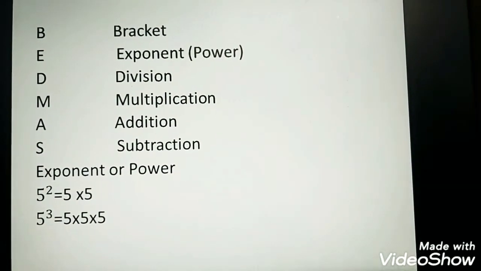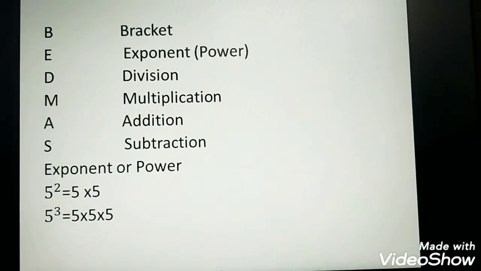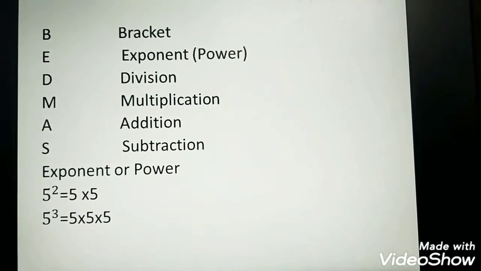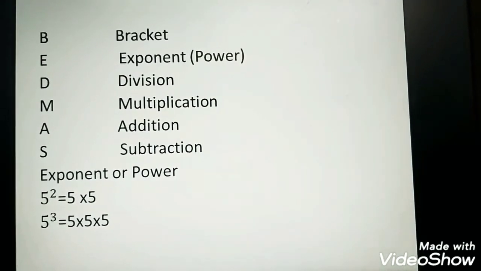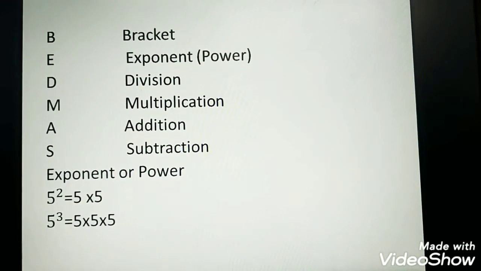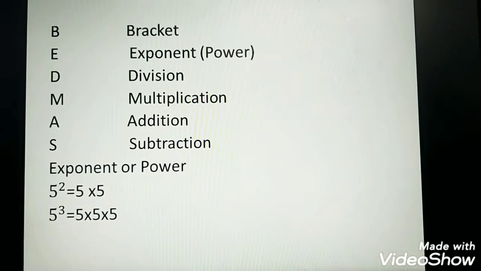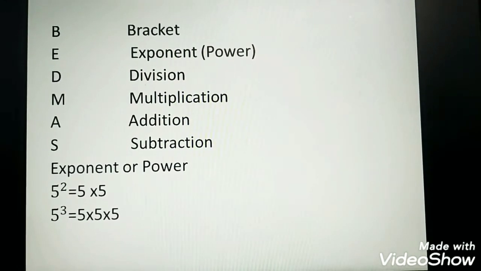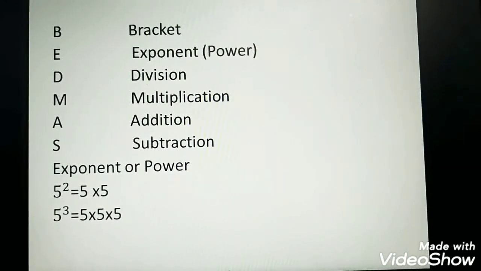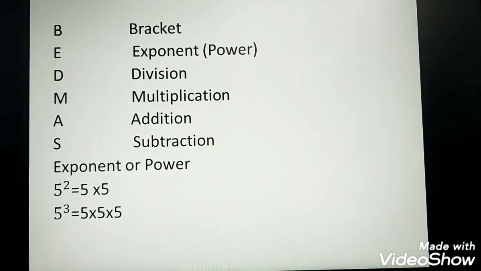Exponent कह लीजिए या फिर power कह लीजिए. Now see here, 5 to the power 2. 5 के ऊपर जो ये छोटा सा नंबर दिख रहा है वो क्या है? उसकी पावर. So 5 to the power 2, नंबर की जितनी भी पावर होती है आप उस नंबर को उतने टाइम्स मल्टीप्लाई करेंगे. Now here, what is the power of 5? 5 to the power 2. That means you will multiply 5 how many times? 2 times. So 5 into 5.